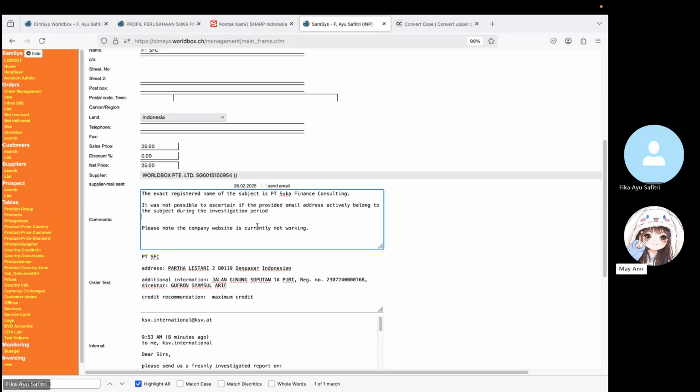It was not possible to ascertain if the provided register number actively belonged to the subject during the investigation period. Yes, that's correct. Then you can click save.